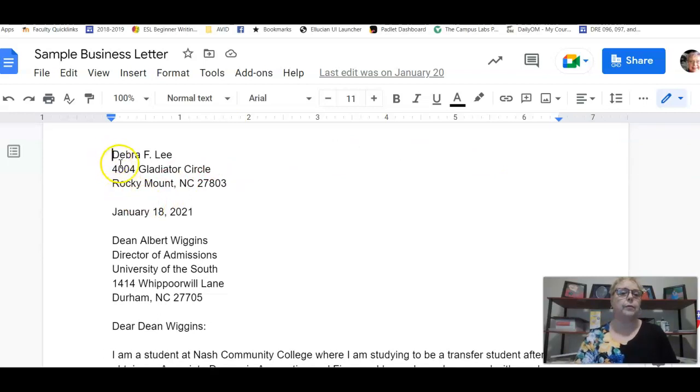So all of the different parts of the business letter are single line with skipping a line in between them. So I made this January 18th, 2021. And so I've got my return address up here. I've got the date of the letter here. And then I've got, this is going to be directed to,